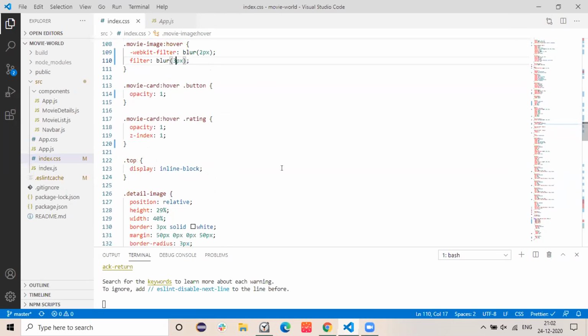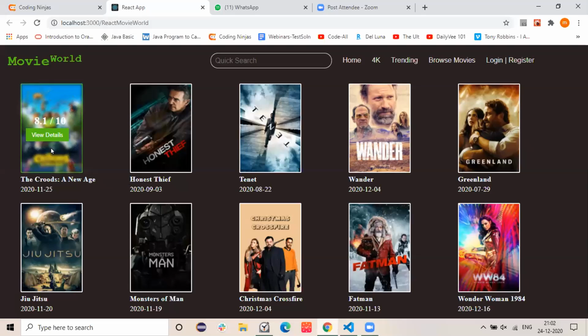First, we'll have those details there, but we are going to hide them. When the user hovers over it, we'll show the details. That's it.